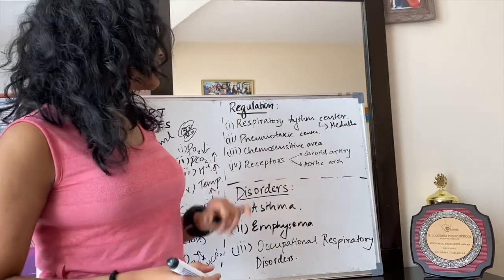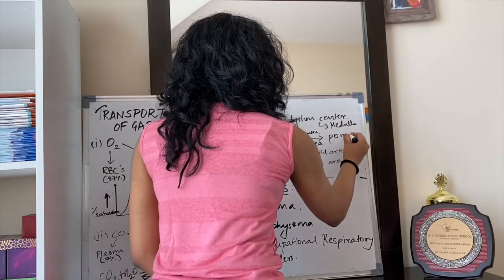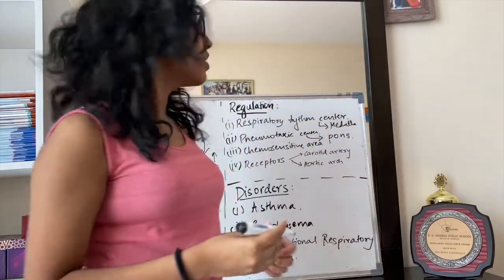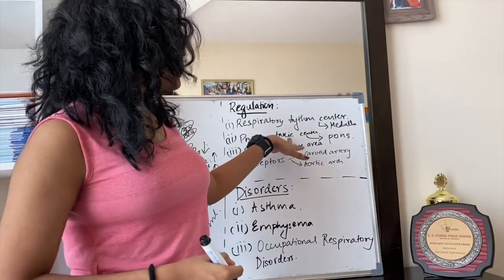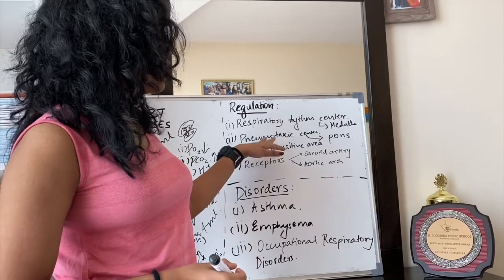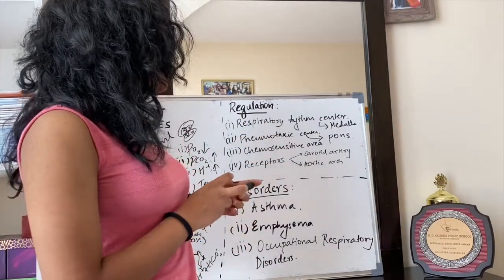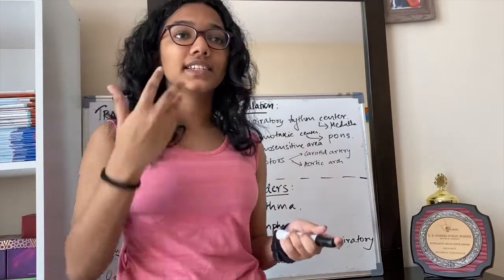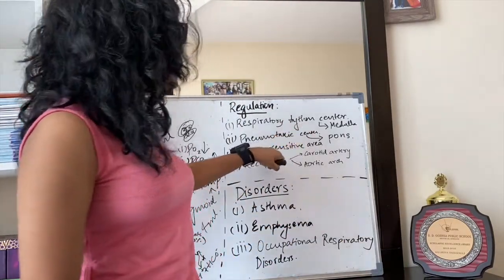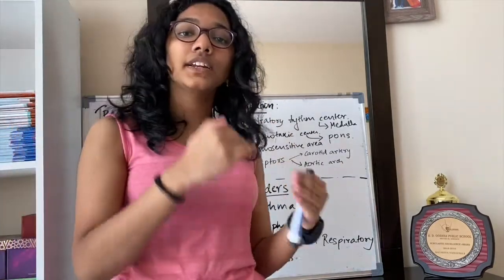Followed by the pneumotaxic center. The pneumotaxic center is present in the pons. Pons is another place in the brain. It's a structure which connects different parts of the brain. So the pneumotaxic center is present in the pons, and there is a chemosensitive area which is present just next to the respiratory rhythm center. So what happens is this pneumotaxic center sends signals to the respiratory rhythm center, and this chemosensitive area also sends signals to the respiratory rhythm center so that it can coordinate the rate